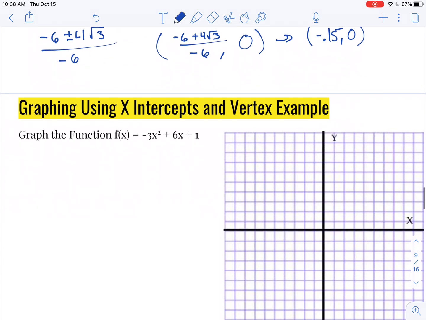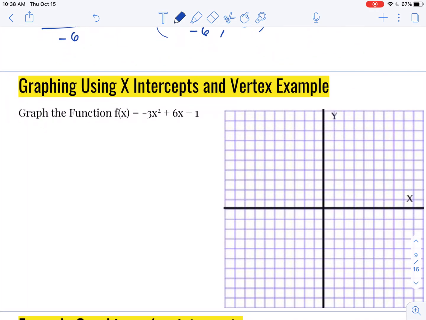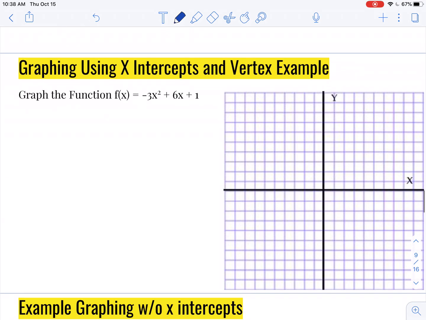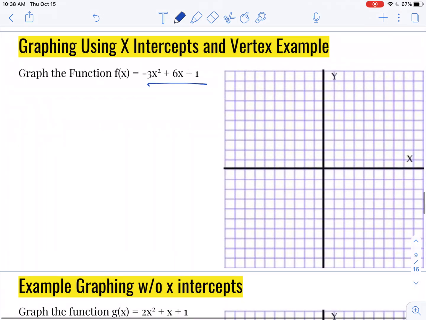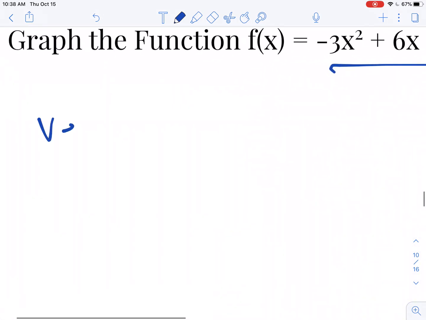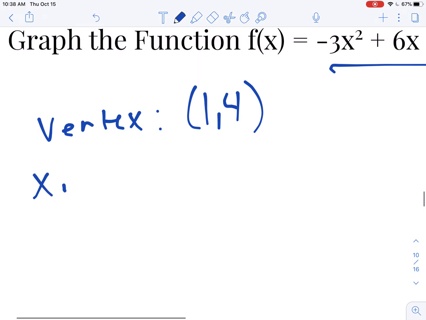All right, so now graphing using the x-intercepts and the vertex. Once you have your x-intercepts and your vertex, you would say to yourself, okay, I know my vertex for this function. This is the same function we have been using. We already know that our vertex here is (1, 4). We know that our x-intercepts